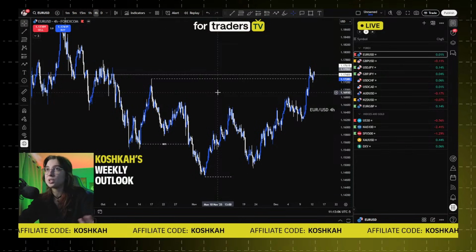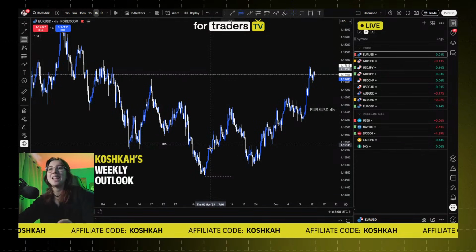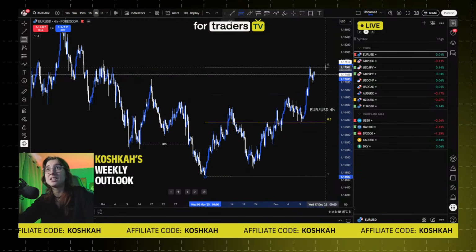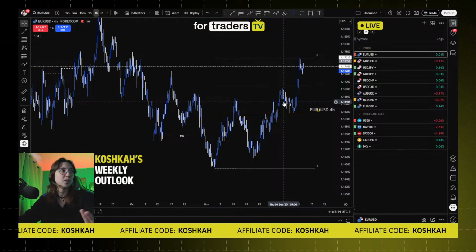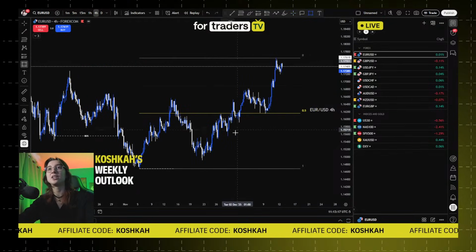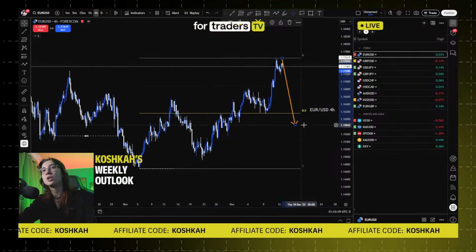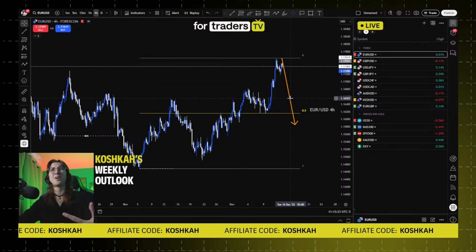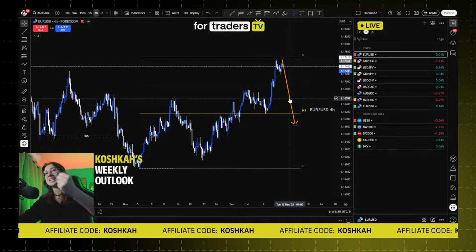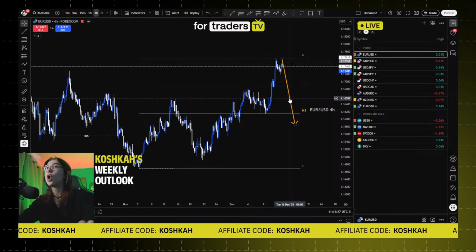It looks like a reversal, that's 100% sure, but I would not trade anything in this range yet, because first, the range is huge. If this is my range, what do I do with this? It's too huge. By the time price comes back to mitigate my points of interest at the bottom right here, it might already be another reversal. So the range is too big to look for anything right now.